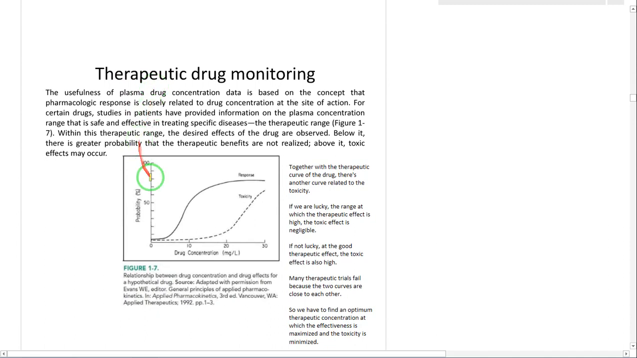As we mentioned, we have the curve about the effectiveness and the concentration. So you see here that we reach the effectiveness that we wanted. On the other hand, this curve shows how toxic the drug is going to be at that concentration. This is the therapeutic window that we were talking about, because we want a sort of concentration at which